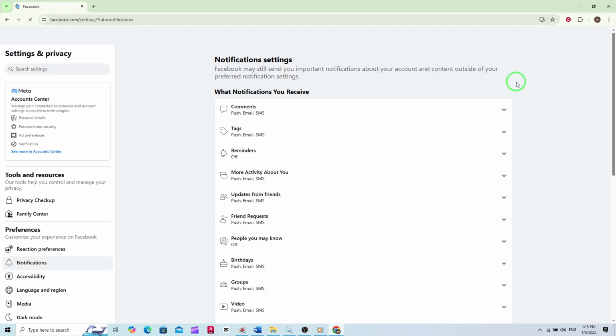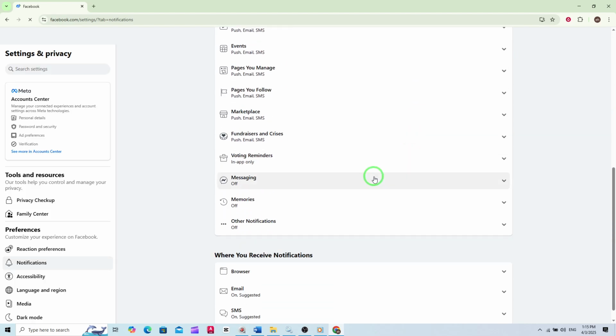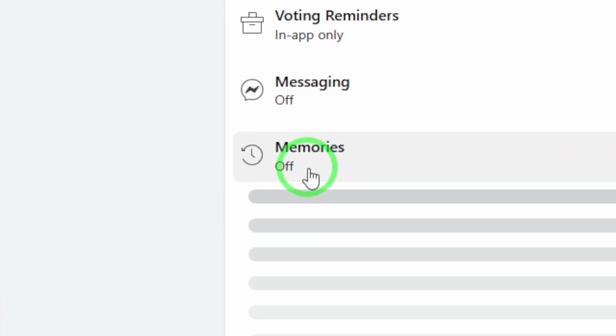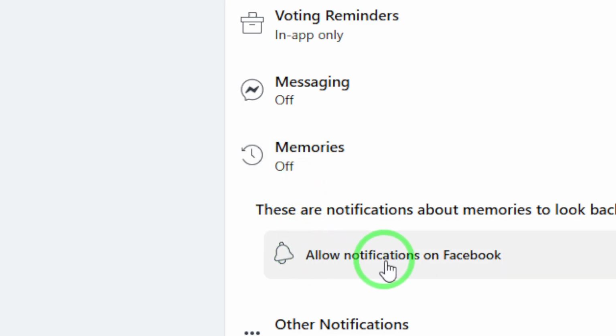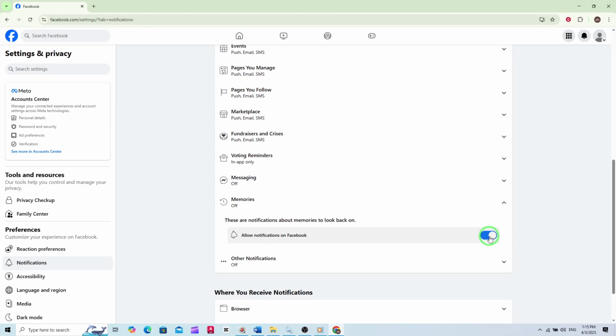On the Notification Settings page, scroll down until you find the Memories section. Click on it to expand the options related to memory notifications. Finally, look for the toggle switch next to Allow Notifications on Facebook, under the Memories section. Make sure this switch is turned on. This will enable push notifications for your Facebook memories, ensuring you're alerted whenever there's a special moment from your past